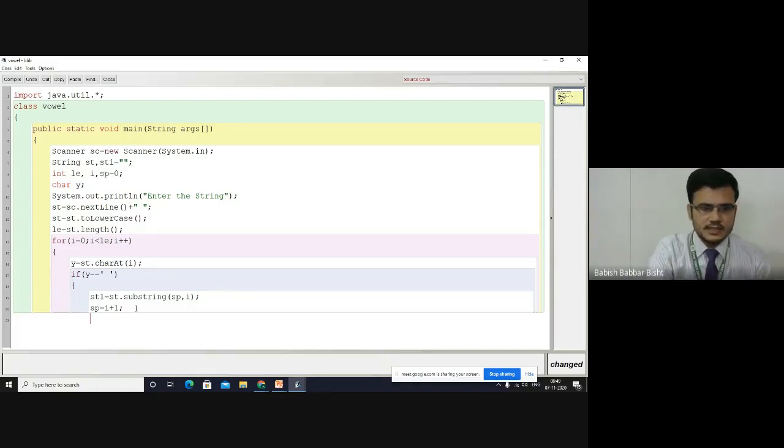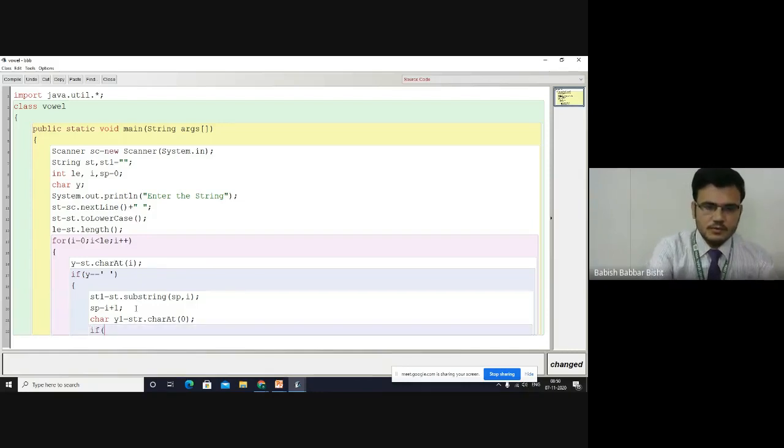So what I will write here, char y1 is equal to, from each extracted word, I will extract the first letter, charAt(0). Now this extracted letter y1, I will compare with A, E, I, O, U.